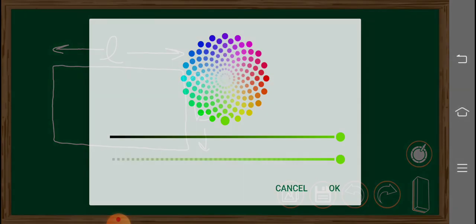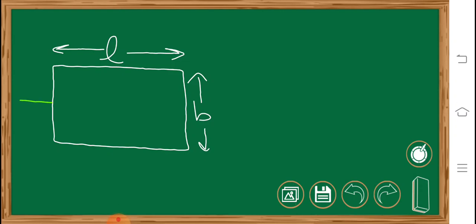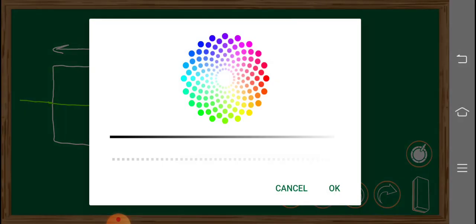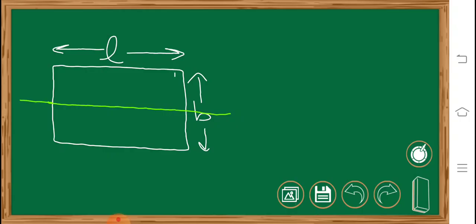If the axis is like this, suppose again I am drawing the plate. The length is L, the breadth is B, and the axis now is this. This is the axis. Now in this case what we can do is, we can cut the rod,